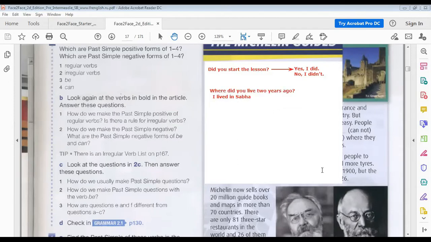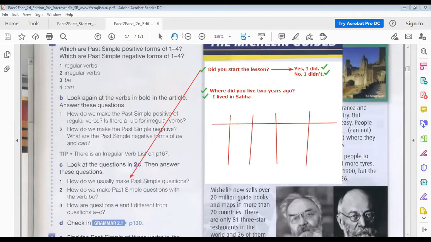That's it. Yes. This is an example: the first is a yes/no question. Correct. And this is a WH question. And this is a positive answer. Correct. And these are short answers with yes, short answer with no. Okay, so we did number one. So we made the question. So if we want to make a WH question, what do we use? So let's write the first question. Where?